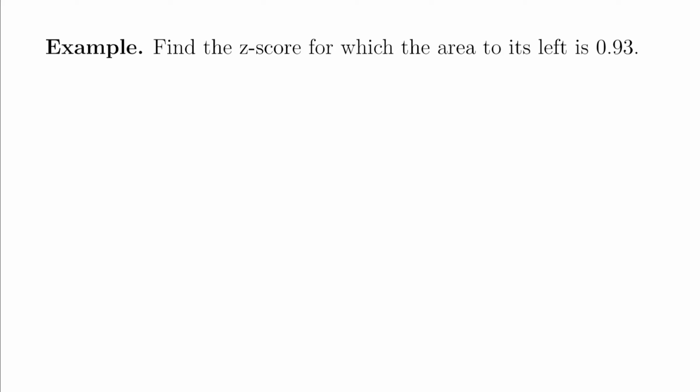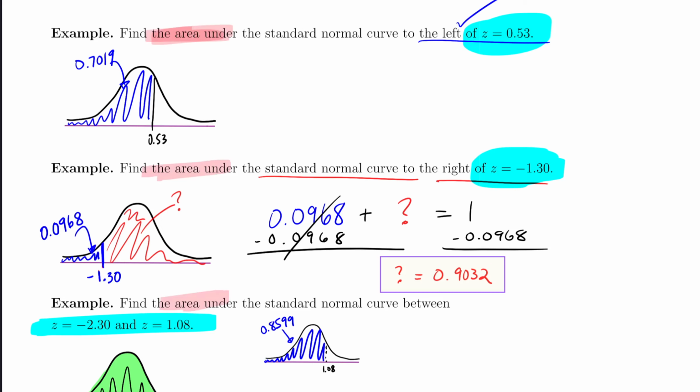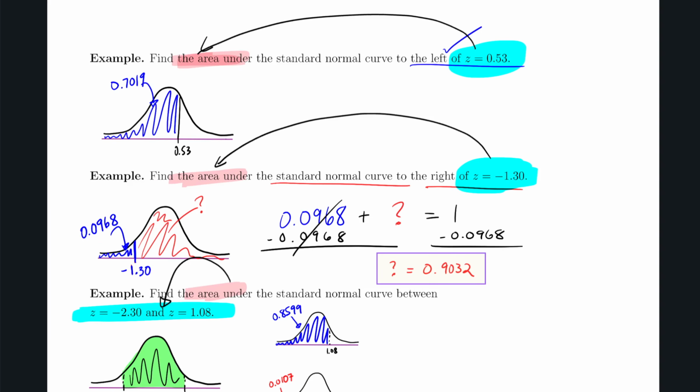Now let's read through this next example. Find the z-score for which the area to the left is 0.93. If you would, pause the video now and go back to some of our previous examples and compare the wording. What is different here? So pause the video, look back at our last examples, and compare it to this one. The difference is, in all of the previous examples, you were given the z-scores and asked to find the area. So notice the order. Previously, you're given the z-score and you're asked to find the area,